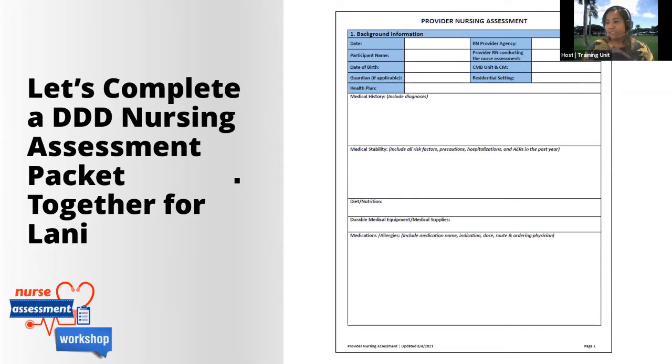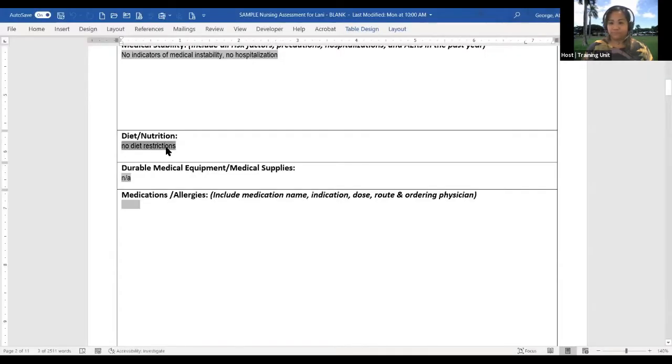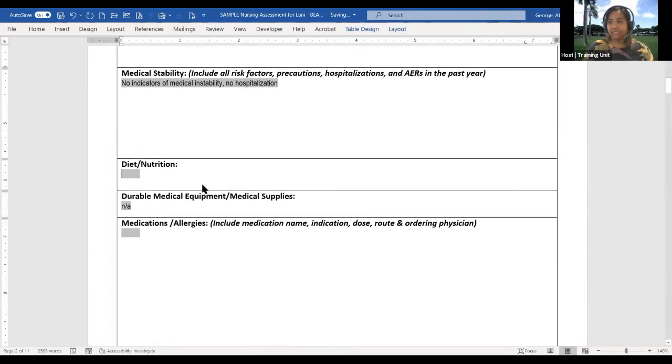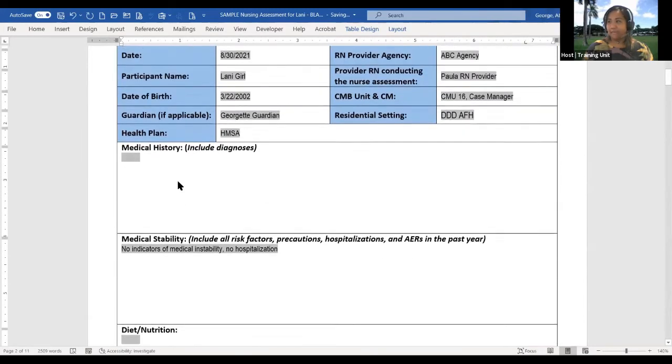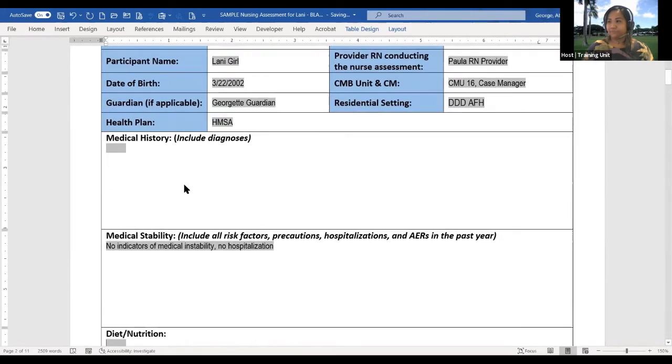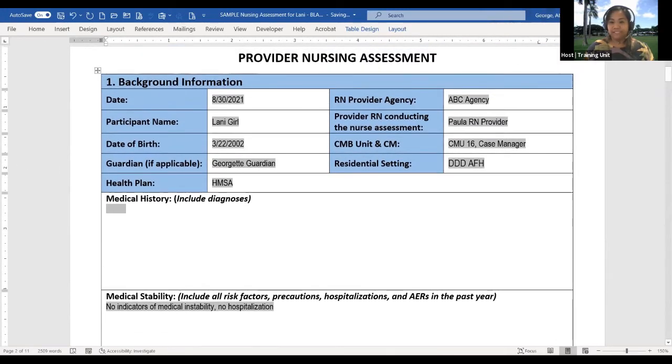Do we have any questions so far about Lonnie while I pull up the nurse assessment? Anybody? No? Okay, so let us begin, shall we? So I filled out all the information for Lonnie at the top. Does anyone want to help me? All the nurses in the room, can you folks help me filling out this form? Because we all know I'm not a nurse. So how would I fill this out with this medical history? What can I put here?